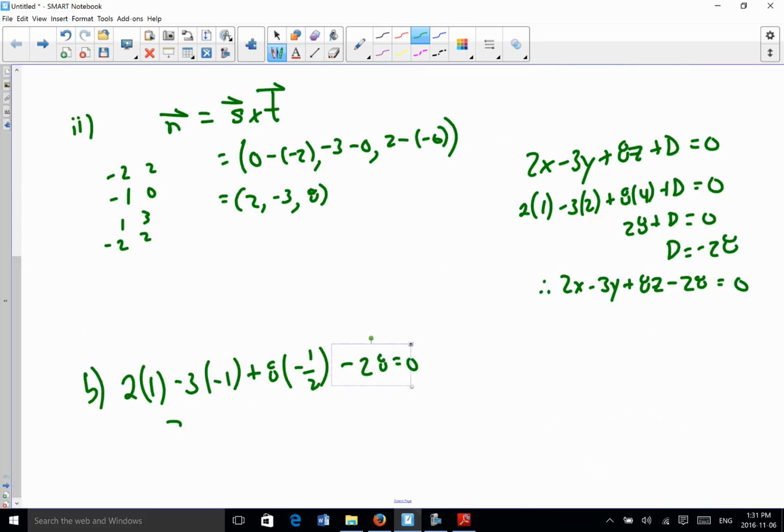Let's see what happens. We get 2 plus 3 minus 4 minus 28. Well, obviously that does not come out to 0. I got -27. So this point is not